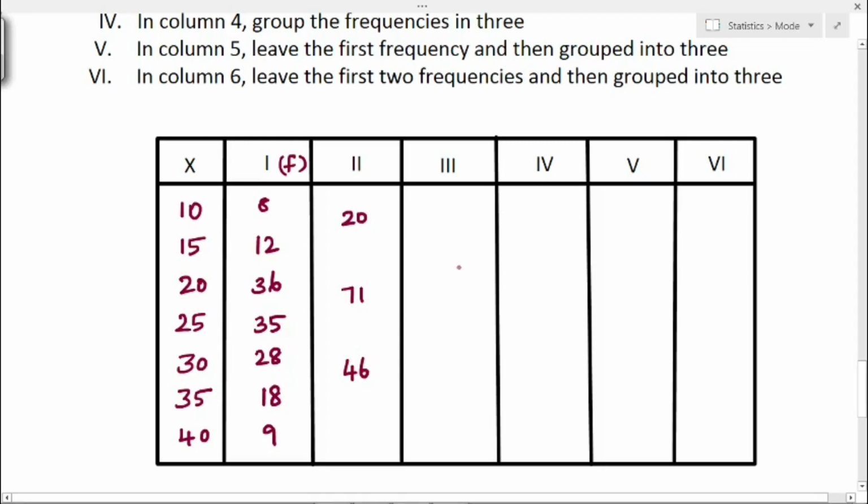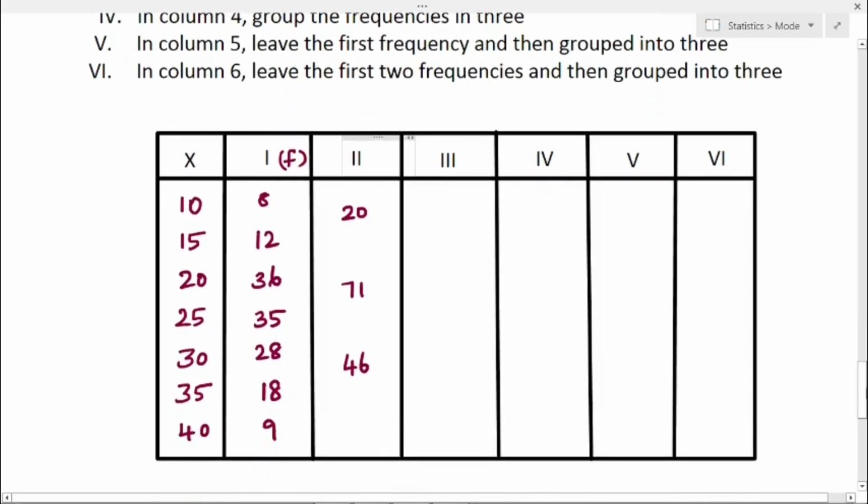Next move on to the third column. In the third column we have to leave the first frequency and then add the frequencies in groups of 2. So we leave the value 8 and then add 2 values: 12 plus 36. If you add, you will get 48. I will write it in the middle of these 2 values because we are adding these 2, right? Next we add 35 and 28.